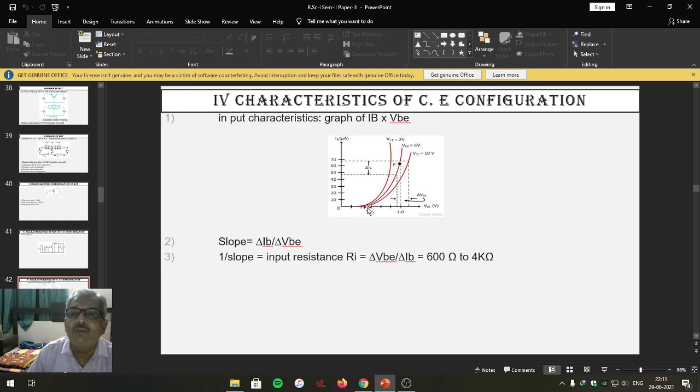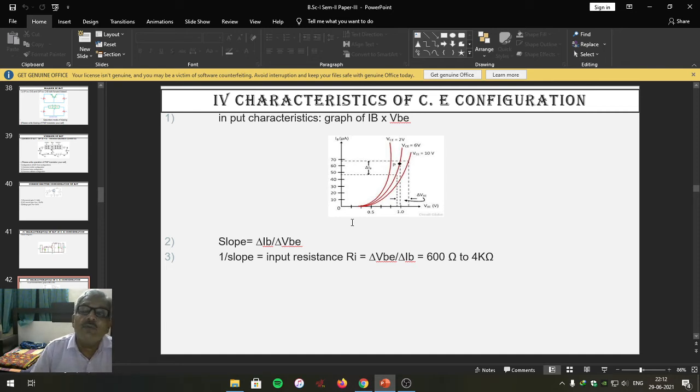At a particular value of VBE, IB starts increasing. Look at here. And after that, VBE remains constant, only IB increases exponentially. This is the nature of the graph that appears. From this nature we can say, we know that the input junction is forward biased. As the input junction is forward biased,